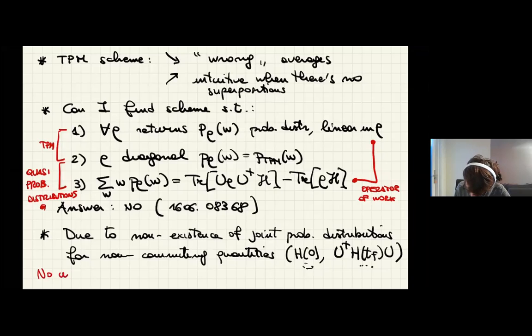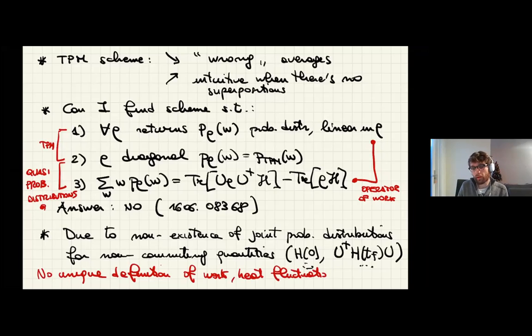Okay, but maybe as a final comment, there was some debate, I think, during the classes that there is no unique definition of work and heat. And it seemed a little bit surprising. I mean, we have been doing quantum thermodynamics for a long time. How is it that there is no unique definition of work, heat? It seems like these are very concrete things. They should have some unique definition. But I would argue that because of this situation here, we actually know that there is no unique definition, because we're really having the problem that what we want to define is not clearly defined quantum mechanically,